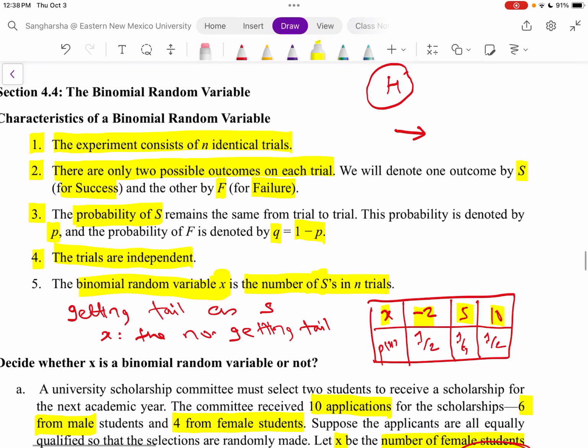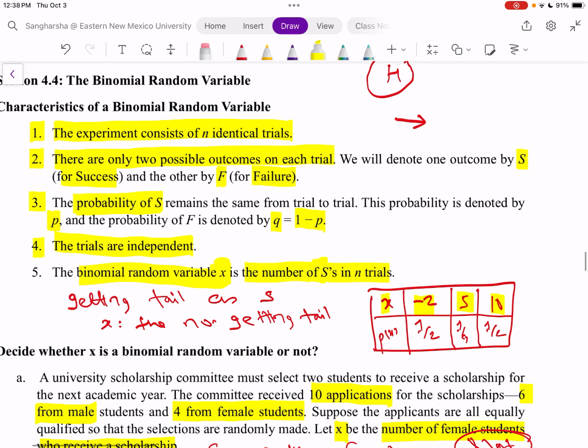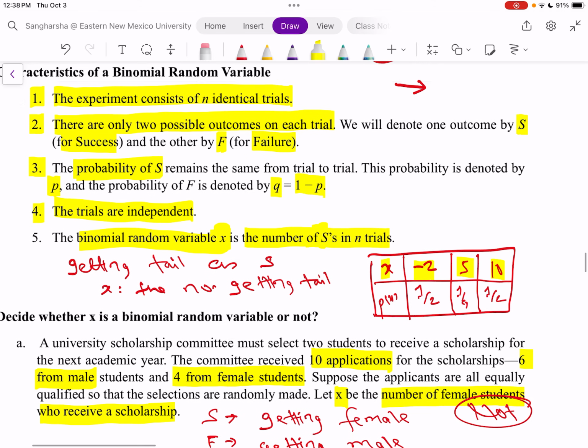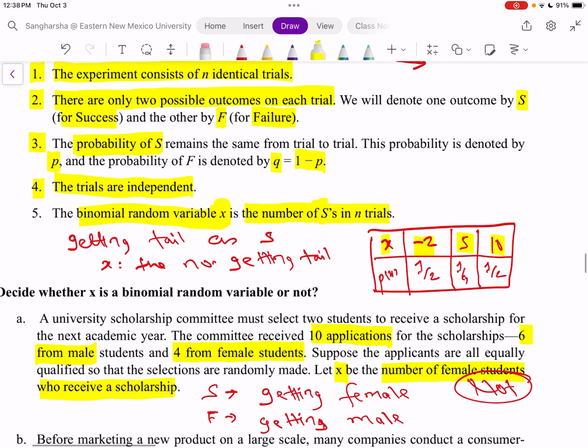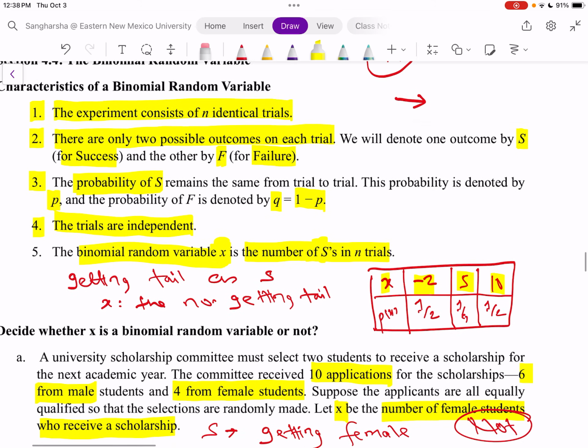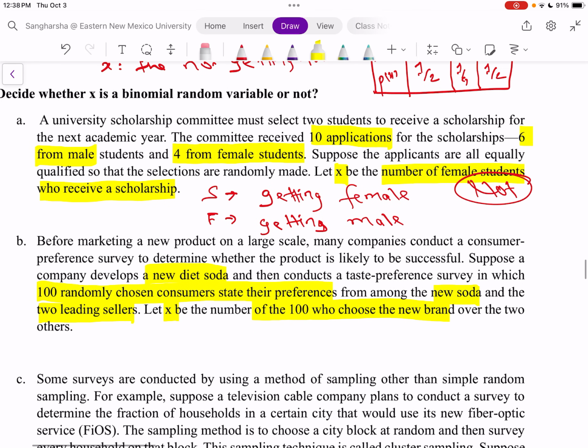So this experiment meets the first characteristic. The second is there are two possible outcomes: yes, new soda or the Coke or Pepsi. Now how do we define our S? Here, X is the number of the 100 who choose the new brand, right? So success is those who choose the new brand, the number of